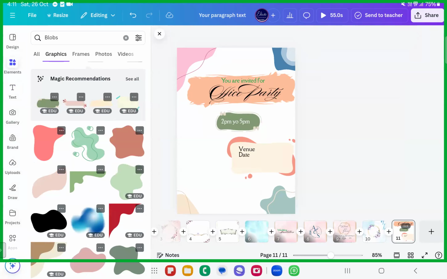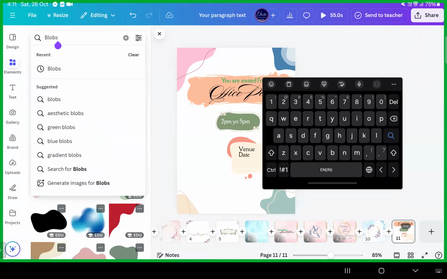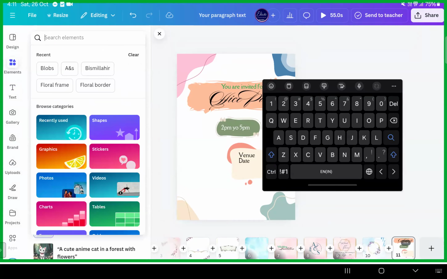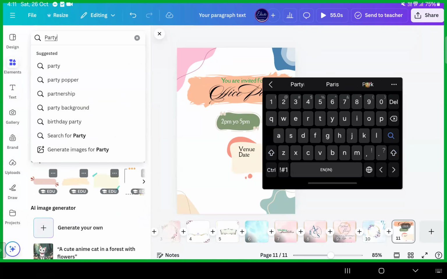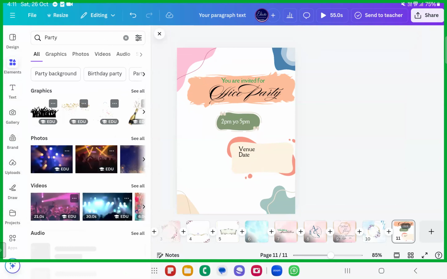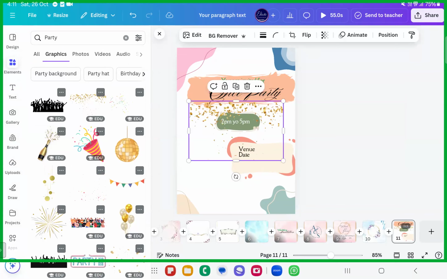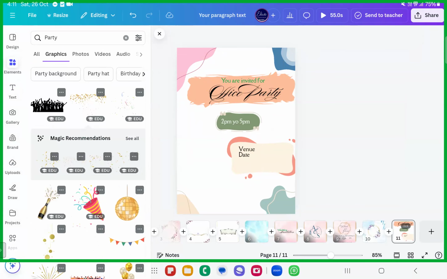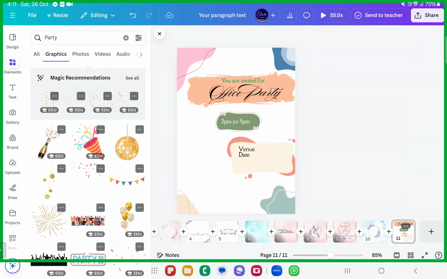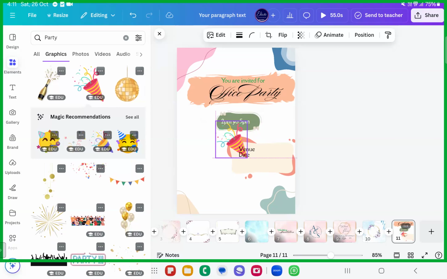So you can go ahead with the element and just search for the party in your elements. Party, P-A-R-T-Y. Okay. Over here, you will be having so many beautiful party kind of feel. Something like this, if you want to add here and there, you can add it over. So make sure whatever you're grabbing or putting up here, dear sisters and brothers, that should well align with the things that you're putting up.